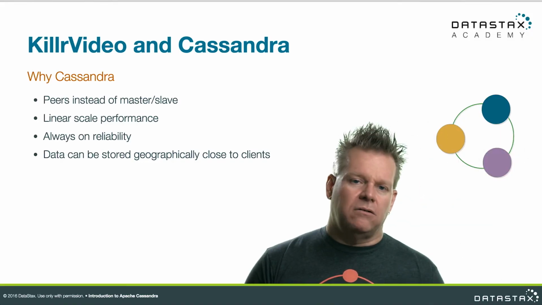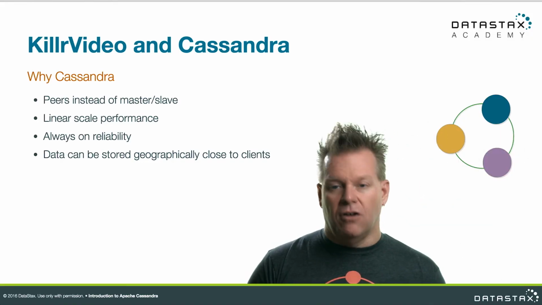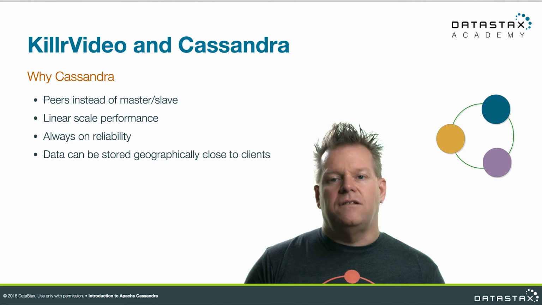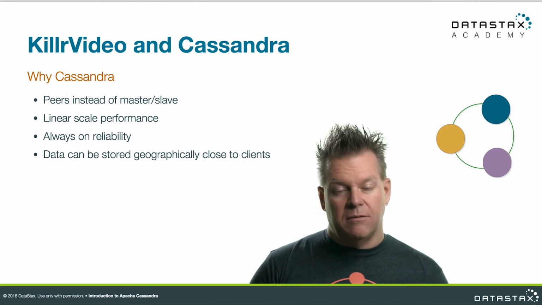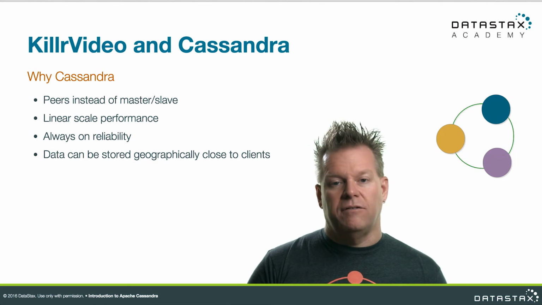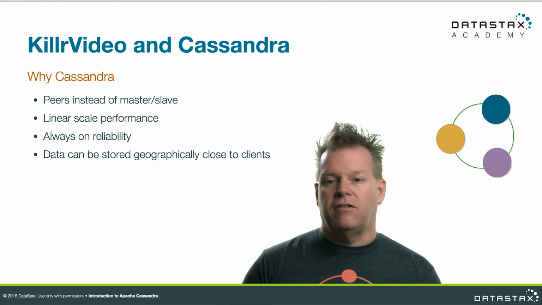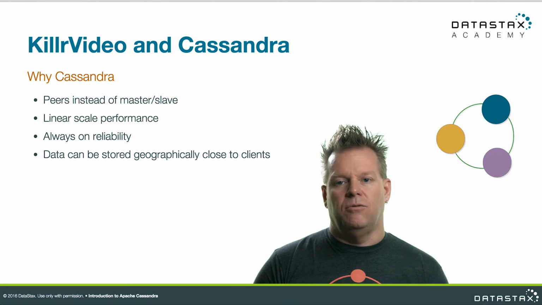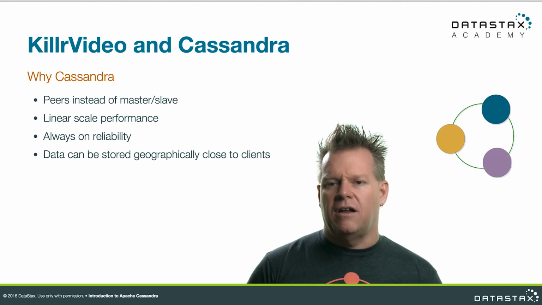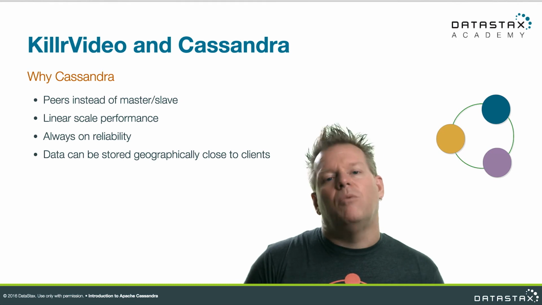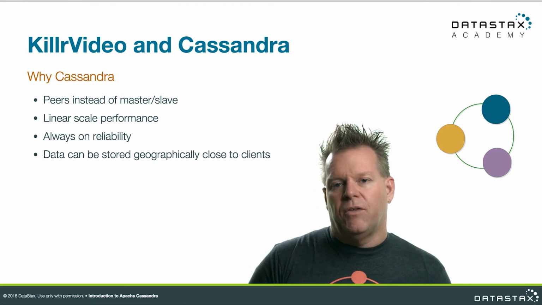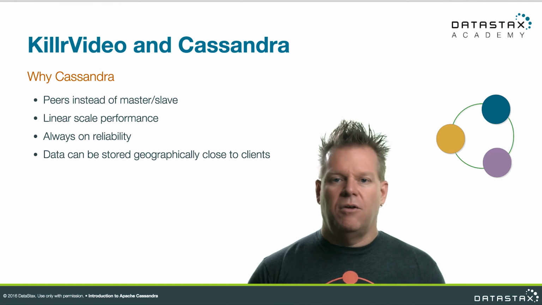Why Apache Cassandra? Well, this is a non-single point of failure system. And this is what's going to give you the best scaling and the best reliability out of any database that's out there right now. So we have this good linear scaling. We have this always on, which means that if you take a node out or you update a node and have to reboot it, your system is not offline. And this is what we want for our Killer Video website. 100% uptime. Awesome. That's what I want all the time.